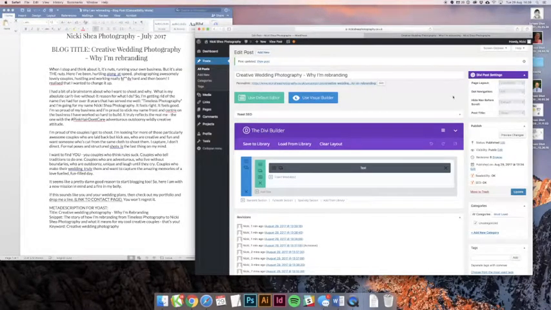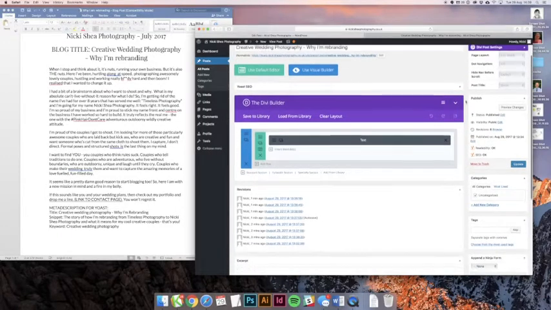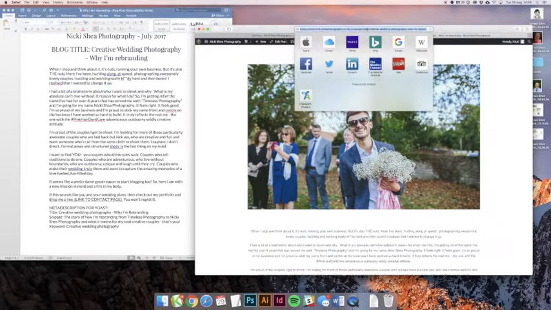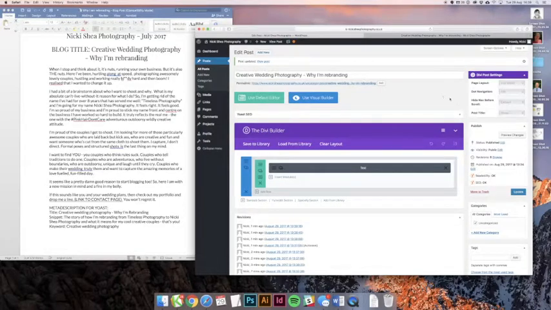And then the one other thing I'll quickly show you. You can add blog posts into categories, and it's good to do this because, I don't know if you'll be able to see this particularly clearly, but up here it's got nickishearphotography.co.uk/uncategorized/creative wedding photography, and so on. That uncategorized is caused by these categories here. So